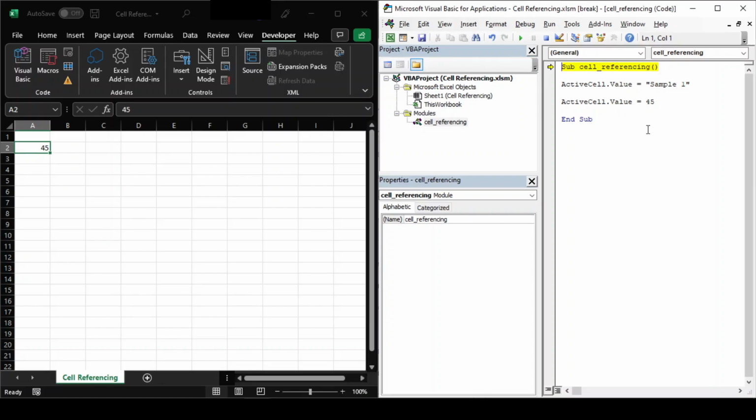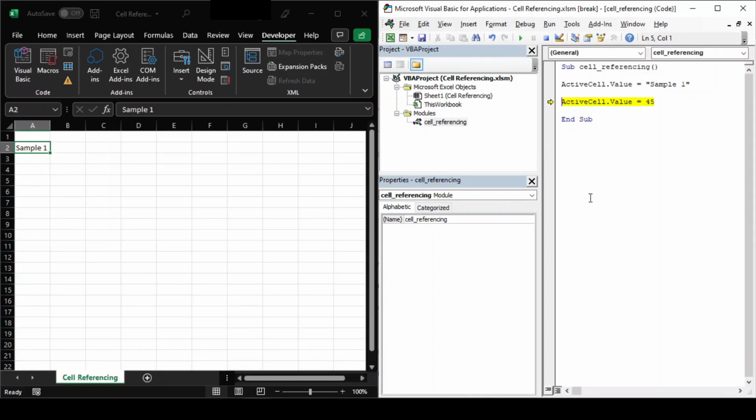This means that when we hit F8, the highlighted line will get executed. So let's hit F8. You can see that the yellow highlighter has now moved to the next line, which means that the earlier line got executed, and on the next F8, the highlighted line will get executed, and this will continue till the entire code is finished. So let's hit F8 again and we can see that the text in cell A2 is sample1.